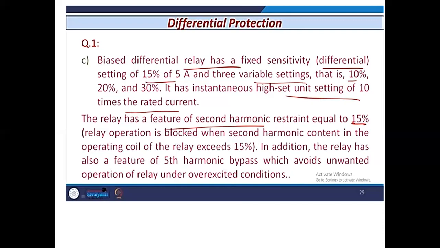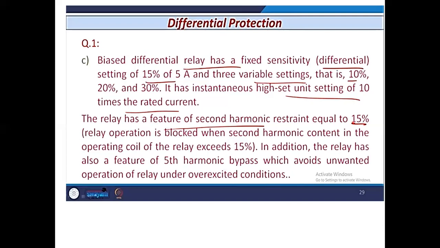And the second setting, that is the bias setting, is also provided. It has also the high set instantaneous setting, which is 10 times the rated current or the full load current of the transformer. The relay is equipped with a second harmonic restraint feature, that is, if it exceeds 15%, the operation of the relay is blocked. The relay also has a fifth harmonic bypass feature, which avoids unwanted operation of the transformer in case of